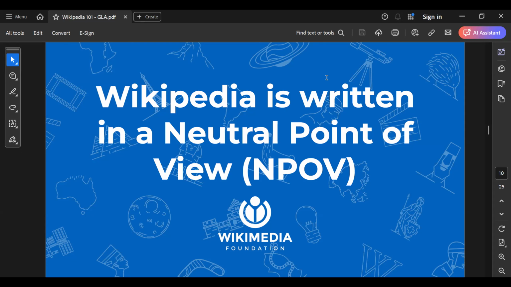For example, if you are writing about politics in Cambodia, about the leader or head of state of Cambodia, and maybe you are in the opposition, chances are that you are going to write biased content about the leader. So what makes Wikipedia more credible is that we write from a neutral point of view. We don't take sides when we are writing content.